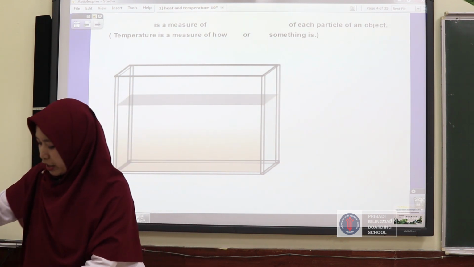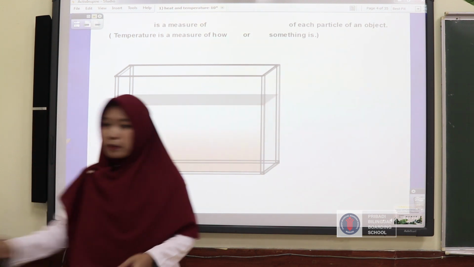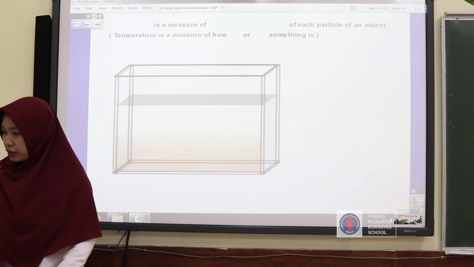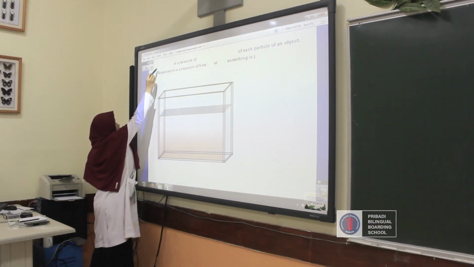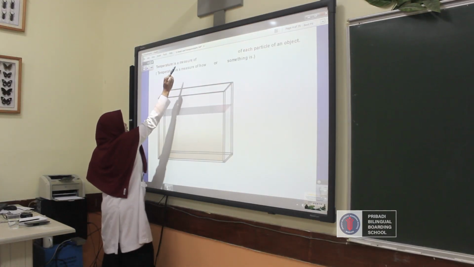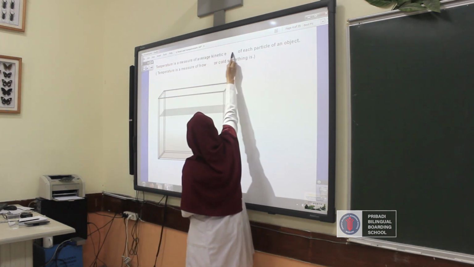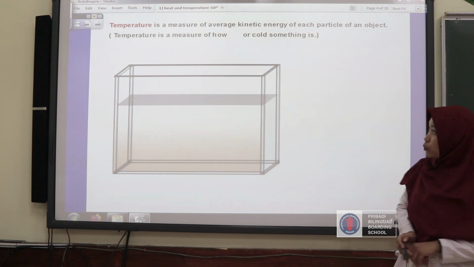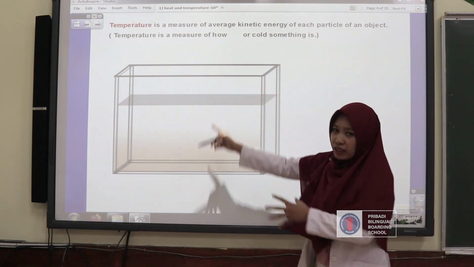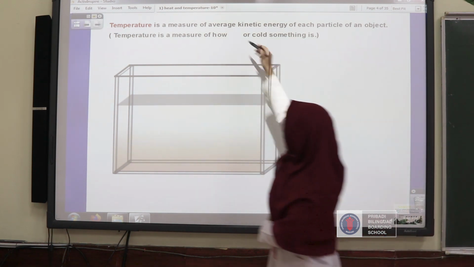Later, let's check the definition of temperature itself. Temperature itself is the measure of the average kinetic energy of each particle in the object. For example, this is the water, and